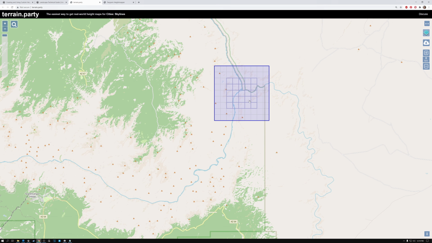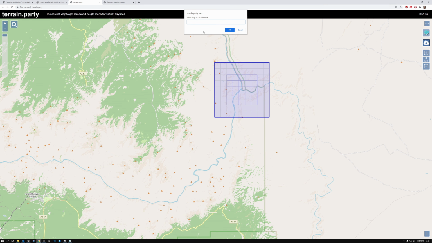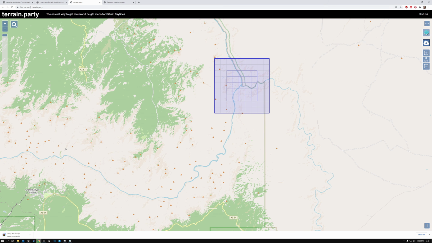Okay, so now I know that this particular area inside this box is going to be 8 kilometers. And I can download this data. If I click the download button here, it'll say, what do you want to call it? And I'm just going to call it temp for now and hit OK. And it's going to package up a zip file for me, and it'll download that file in my browser. So if I open up this zip file,